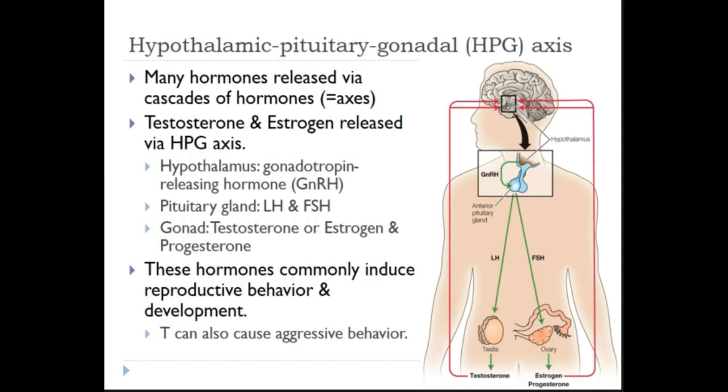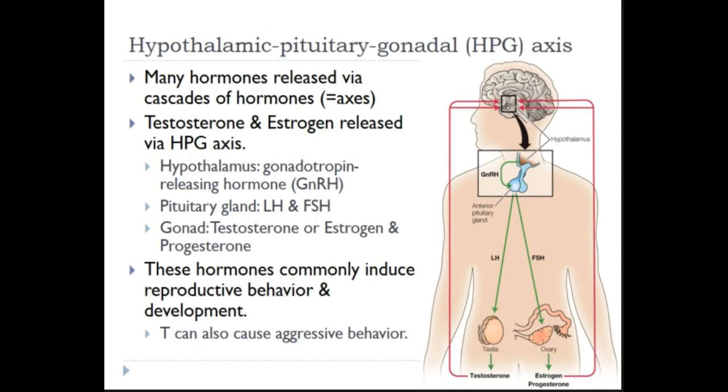So these are pituitary hormones, and their job is to travel down to the gonads. Sorry, I can't talk and write at the same time. So we've got luteinizing hormone, LH, and follicle stimulating hormone, FSH. Their job is to get into the blood, and they travel from the pituitary gland down to the gonads, be they testes or be they ovaries in the female. In either case, they're going to cause these glands to start releasing their own hormones.